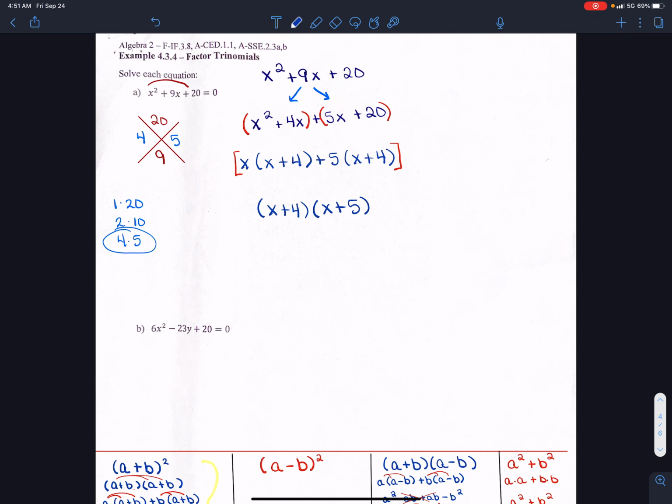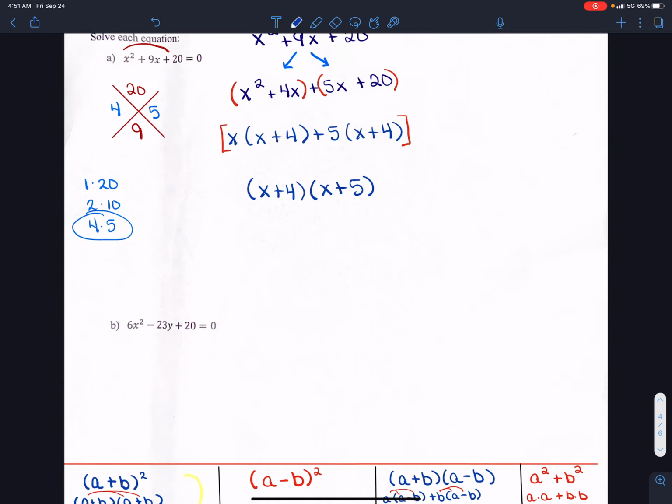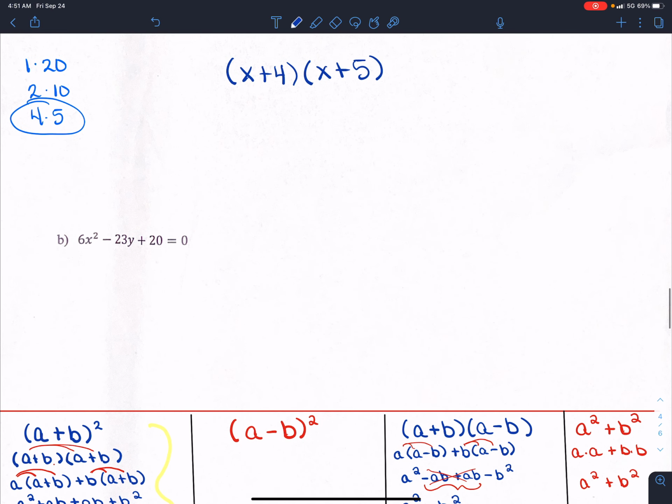Okay, first thing with example B, I want to look to see if there's anything that 6, negative 23, and 20 have in common. Is there a GCF? But there is not. There's nothing that I can break them apart with. So we're going to first go ahead and start